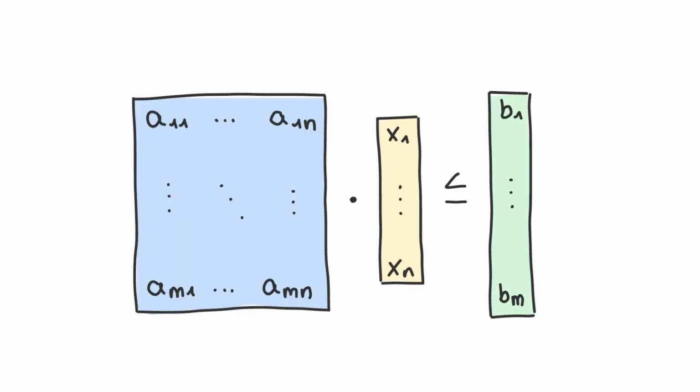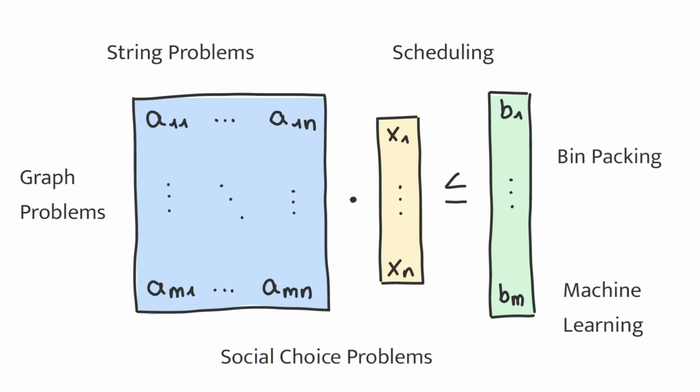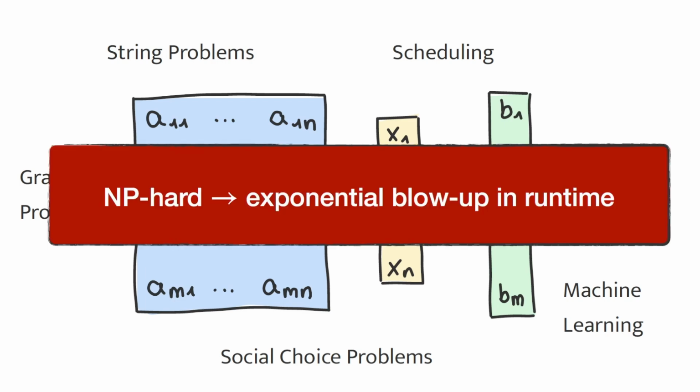This problem in all its generality can capture many problems from combinatorial optimization, such as graph problems, string problems, scheduling, bin packing, and more recently it has been applied to machine learning and social choice problems. However, this problem, if solved in all its generality, is NP-hard, which means, assuming that we believe NP is unequal to P, we will have an exponential blow-up in the runtime of any algorithm that solves the most general variant